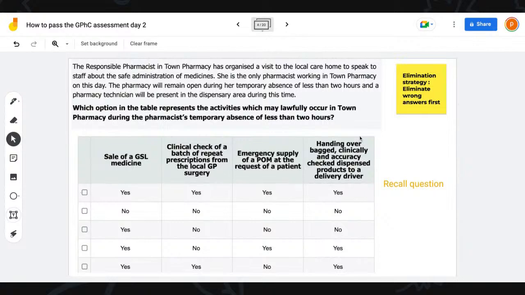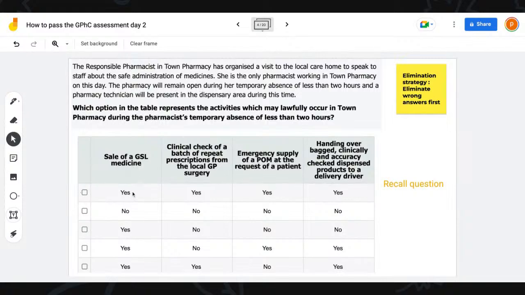The first thing we want to do is eliminate all the wrong answers first. We're not bothered about the right answer at this stage. So let's look at this question. This question: responsible pharmacist, town pharmacy, has organized. Sometimes what you may do, and you may see people do this, it really works. You start with the bold first. You just read the question first, then you go into the scenario. It's a very good method to just know what the question is going to ask you for. So everything you need, as we mentioned yesterday when we looked at the structure of a question, is going to be in the scenario. So for this one, we will start by eliminating the wrong answers.